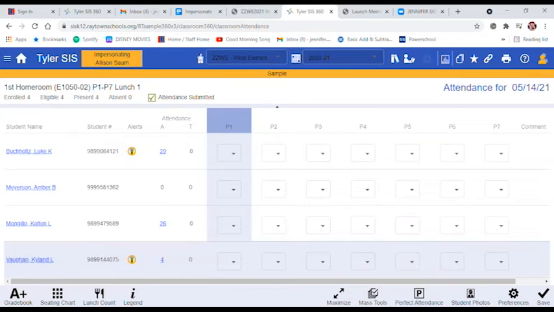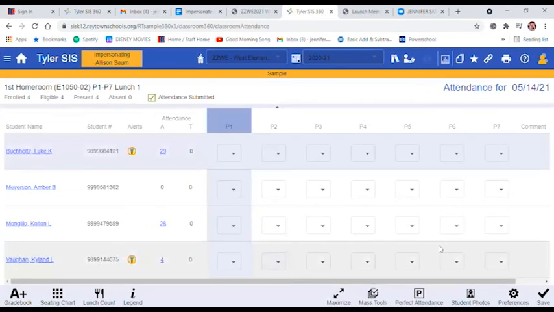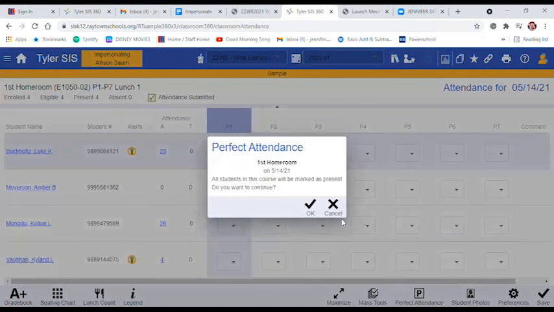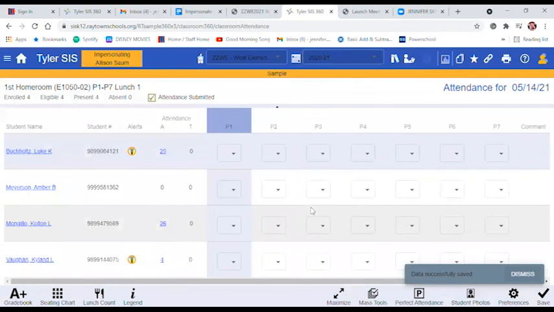Another thing is student photos. So if you click student photos, it's just going to add their photo right next to their name, which is kind of nice for the beginning of the year. So if you want to hide the photos again, you just click that a second time. And then when you're finished and you know you've saved, again, you can't save too much. So if you want to click it again, you can save again. When you're all finished with that, you can just click back to your home screen.